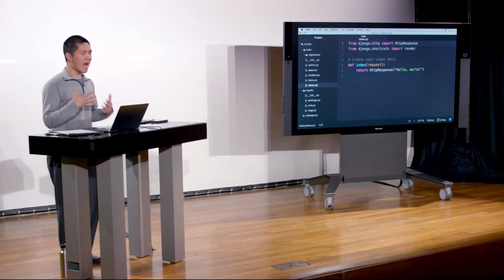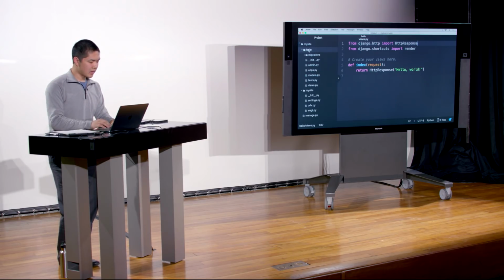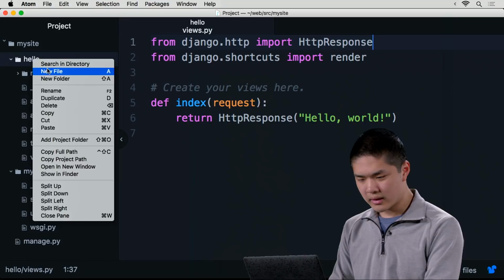A route, yeah, I didn't specify at what URL the user is going to. Is it just the empty route, like the default slash, or is it something else they have to type in the URL in order to get to this function? I haven't defined any of that yet. And so what I'm going to do inside of my app is create a new file, and we're going to